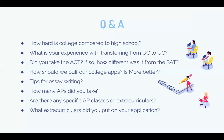How many APs did you take? I took 6, but I didn't have as many, to be honest with you, as Heritage does now. I took 1 my sophomore year, AP World. 2 my junior year, AP Physics and AP English, AP Psychology and AP English. And then my senior year, I took AP Bio, AP Calculus, and AP Physics. Passed all the exams, which was really helpful when I got into